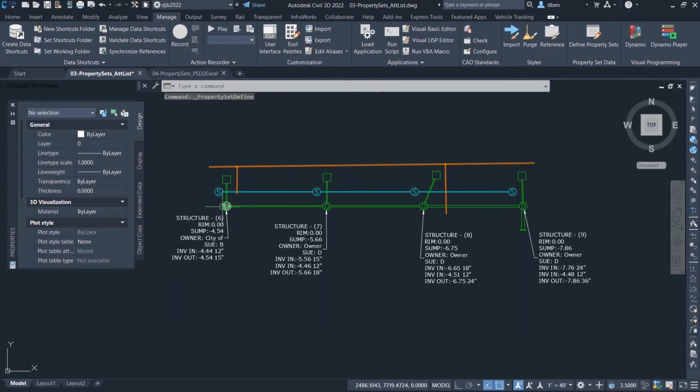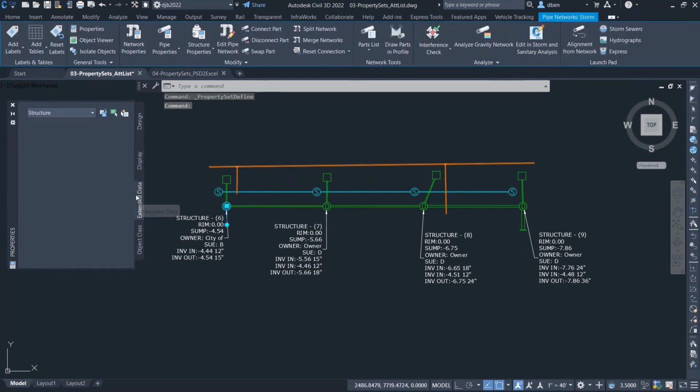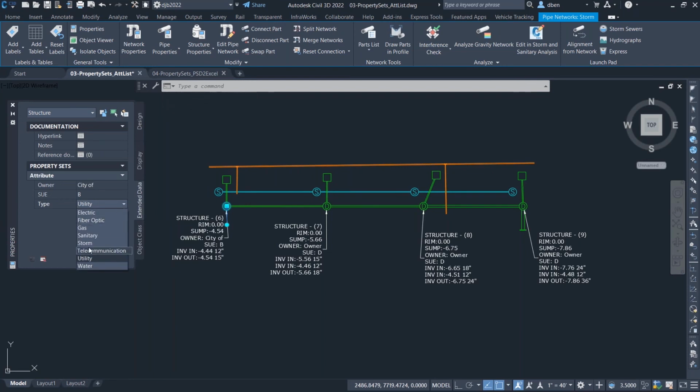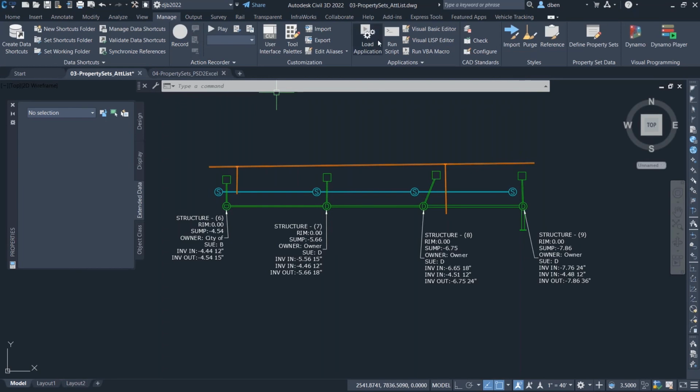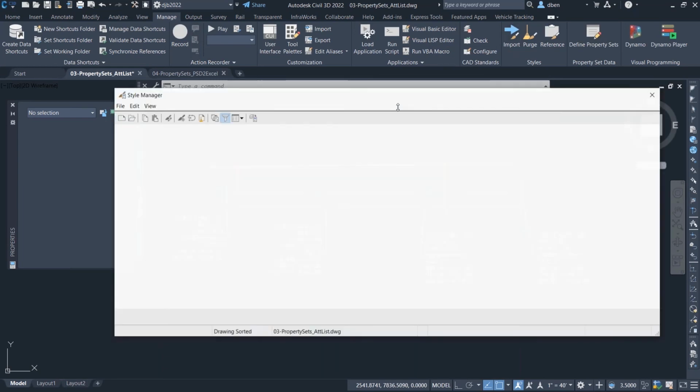And then now when I select this object and I go to the extended data and I go to utility again, I now have that drop down list so I can pick. Again, I'm just using very generic names. And this is all dynamic. So if I went back into, again, my define property sets,